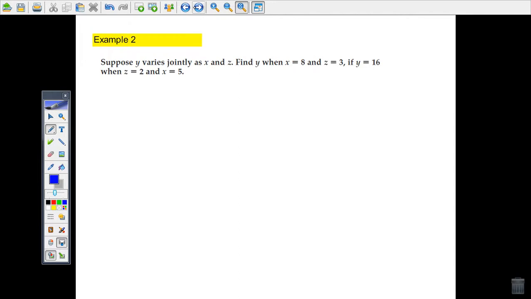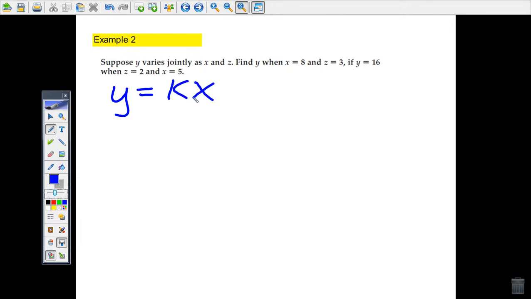Well, there are only 3 examples, and this is the second one. What's different about this one is that y varies jointly. So you have to look for the key word in these kinds of problems. When it's direct, y equals kx. When it's joint, that means there's more than one variable. Y equals